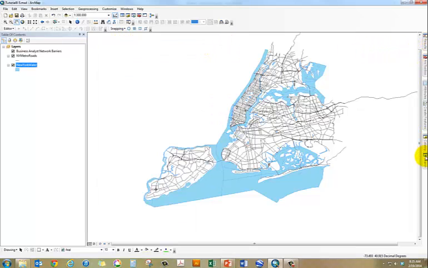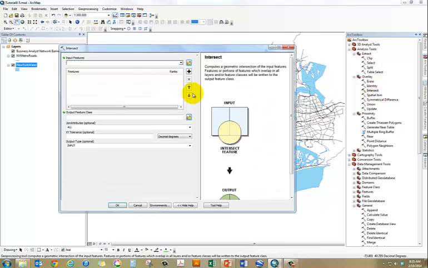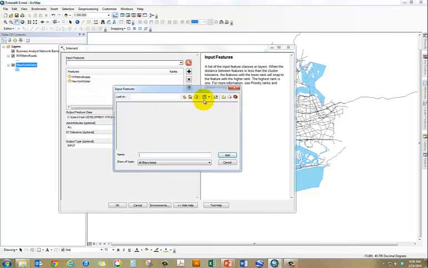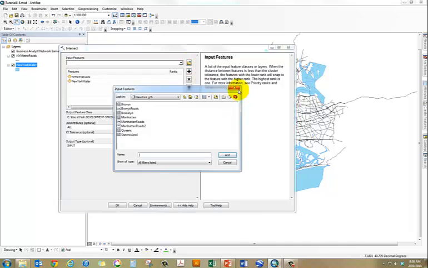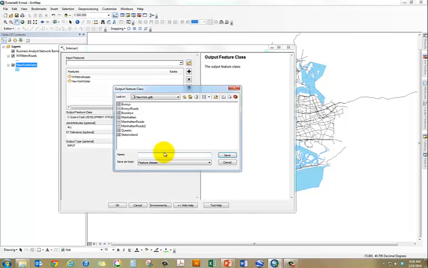I'm gonna go to our toolbox, and then under overlay there is intersect. Double click on intersect. I'm gonna select both my features, New York. You can drag and drop these layers, by the way, instead of selecting from the drop down menu here, or you can add stuff from outside the table of contents by accessing through a browser window. Anyways, we're gonna save this as roads